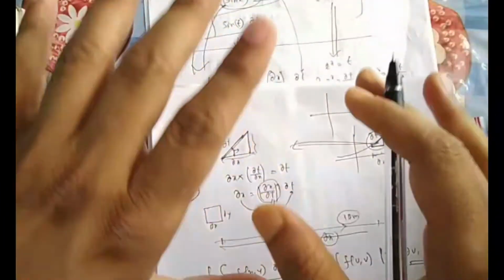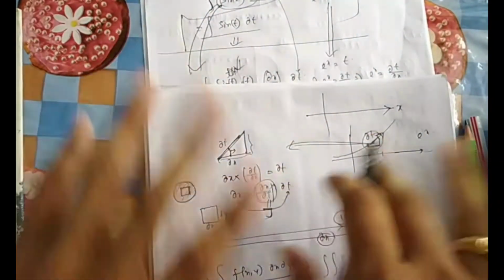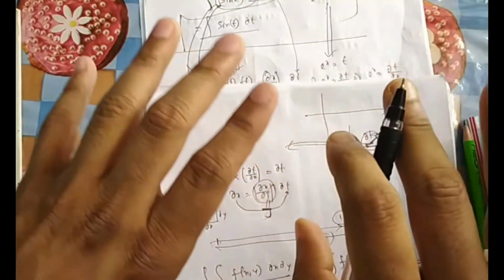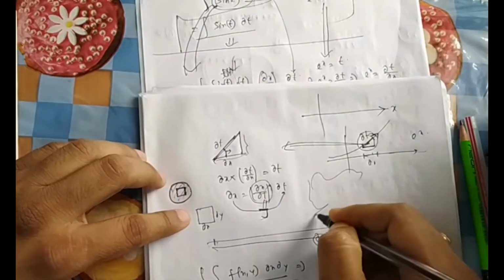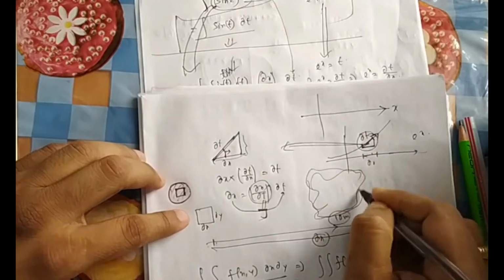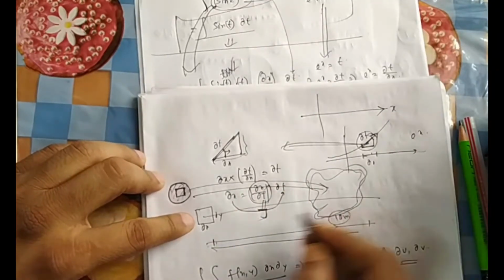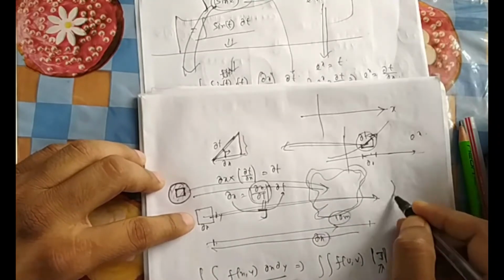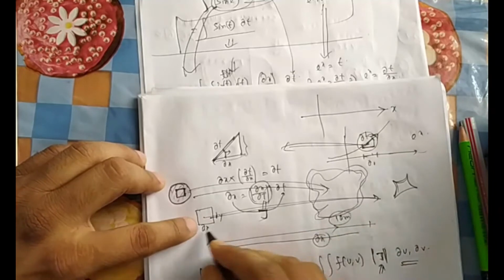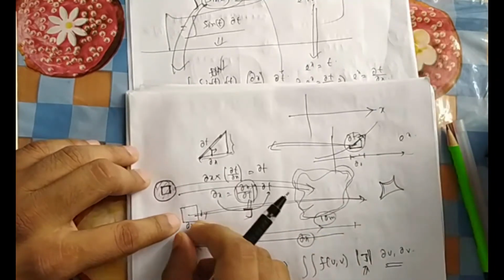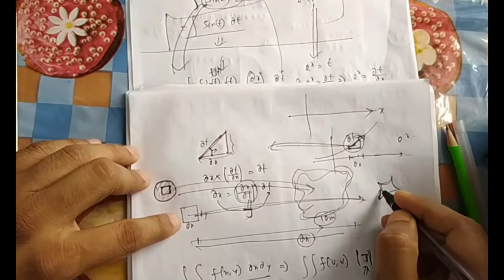Now they throw the round roti in the air, and it becomes something of this shape. This circle will become this shape. So this tiny small piece that you have taken, now it will become something of this fashion. So it will not be the same dx dy. The amount you are going here, it will not be the same. So here you have to take special care.